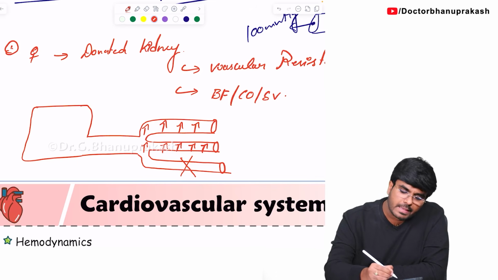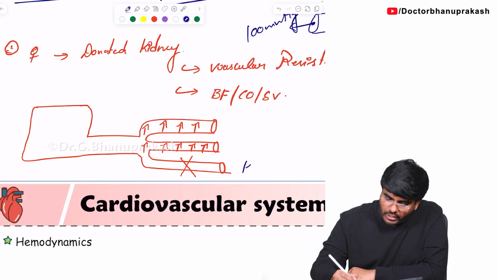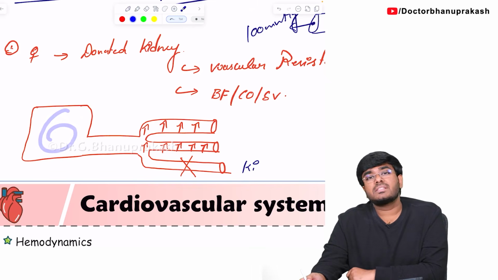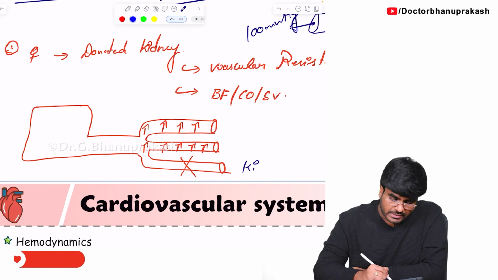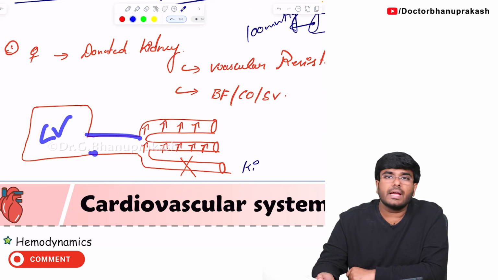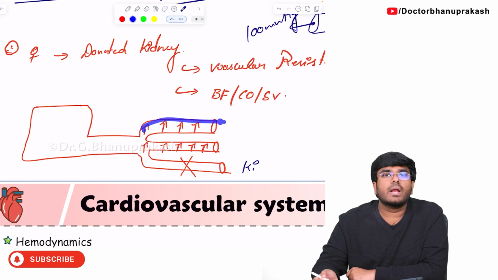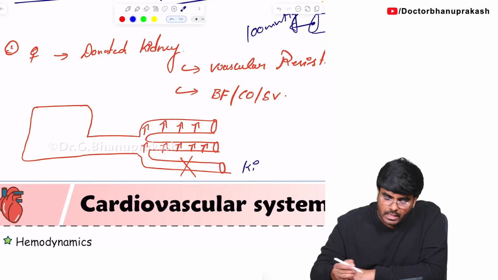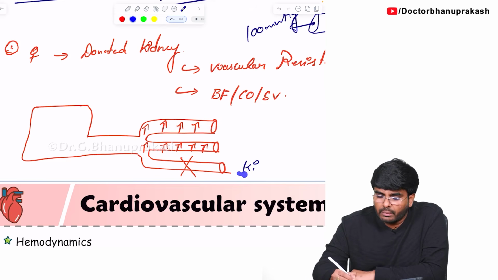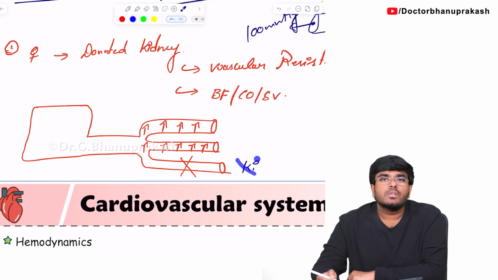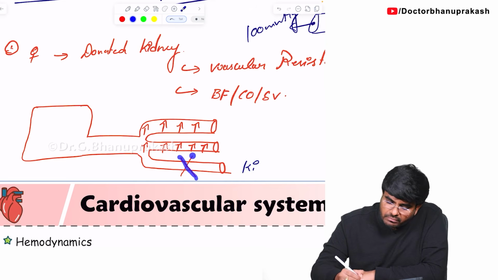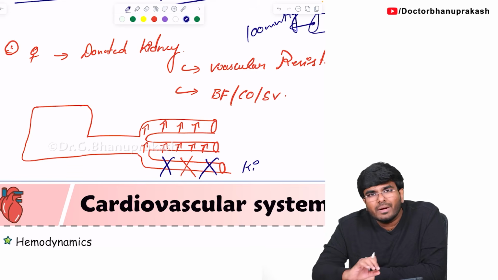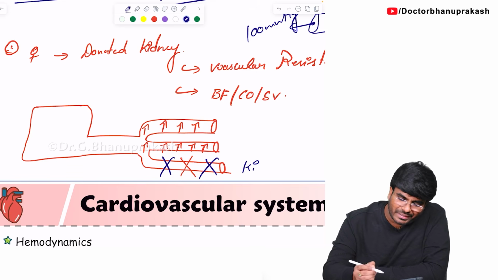In the same way, whenever you have removed one organ, let's say this is the blood vessel. From the aorta, let's come back. Imagine this is the heart, the left ventricle, the LV. From the left ventricle, here is the aorta, and from the aorta, there are multiple arteries coming: coronary arteries, carotid arteries, renal artery, different arteries. So now today what you have done is you have removed the kidney. When you have removed the kidney, the renal artery is ligated, you are closing this. So now tell me, when one of the blood vessels is removed,